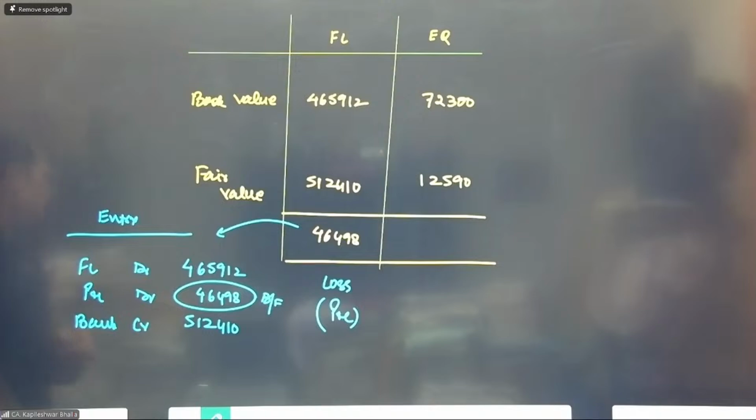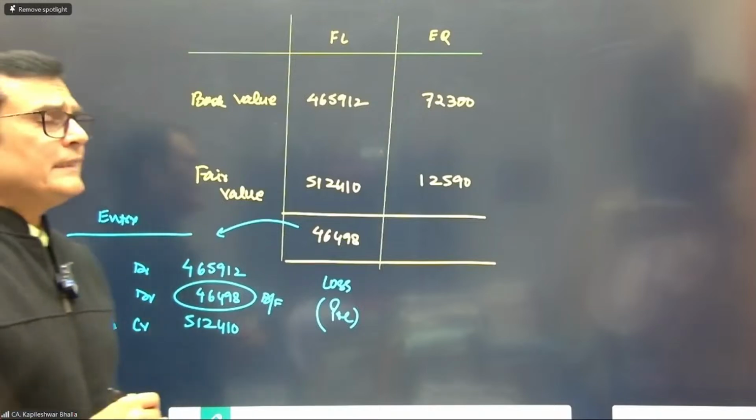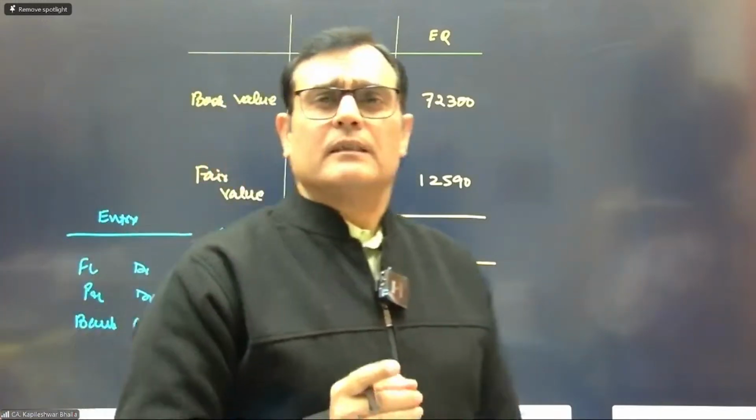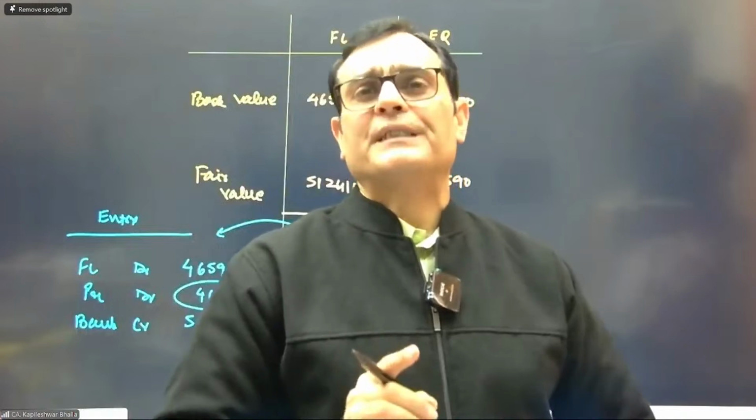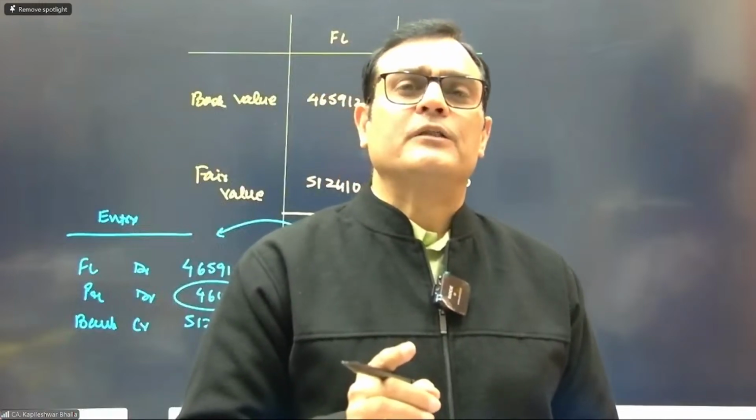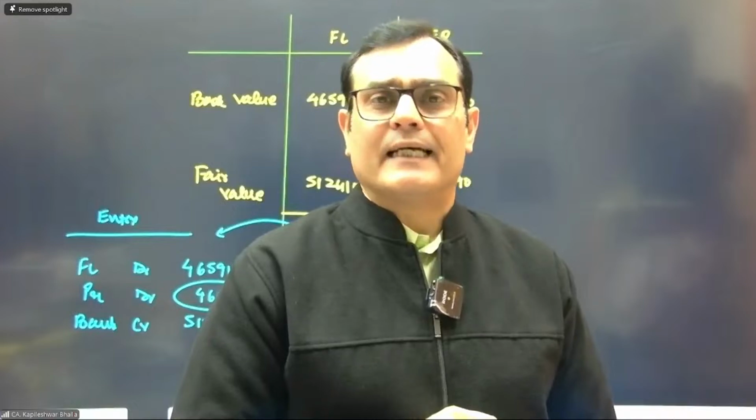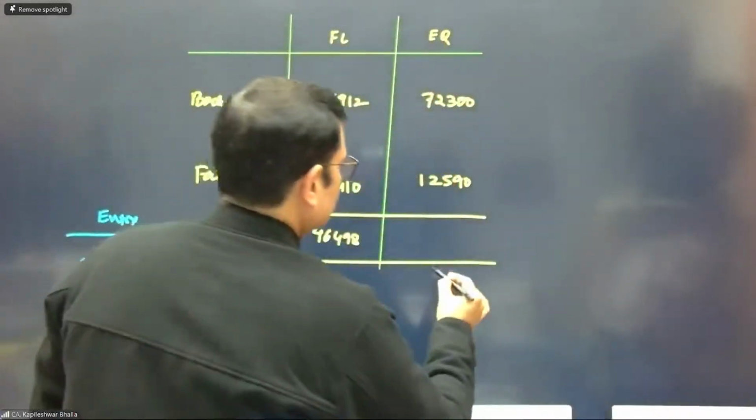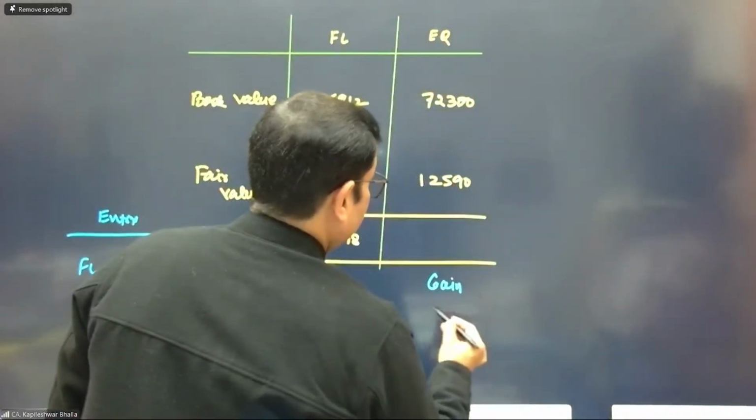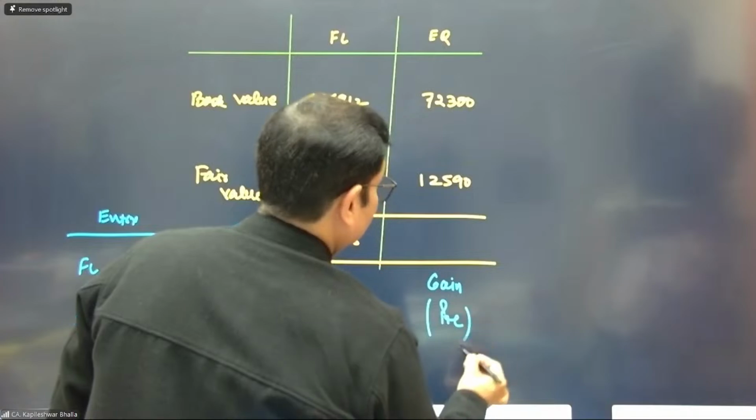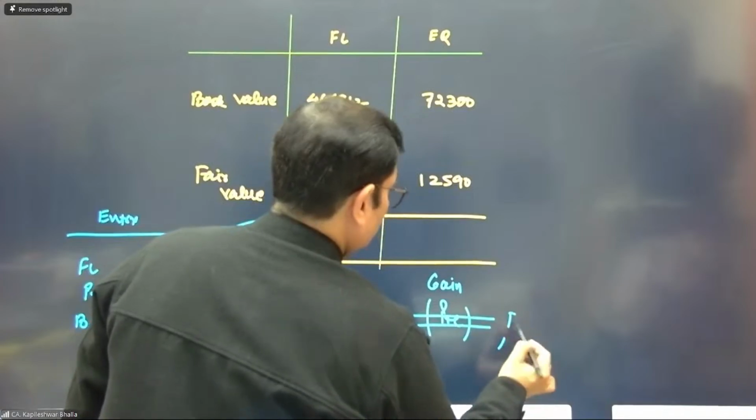Now let's look at the equity component as well. In terms of the equity component, the company is paying lesser money. The book value of the equity component is greater, and the money offered against that is less. So this is going to be a gain, but this gain is not to be taken in the P&L, because